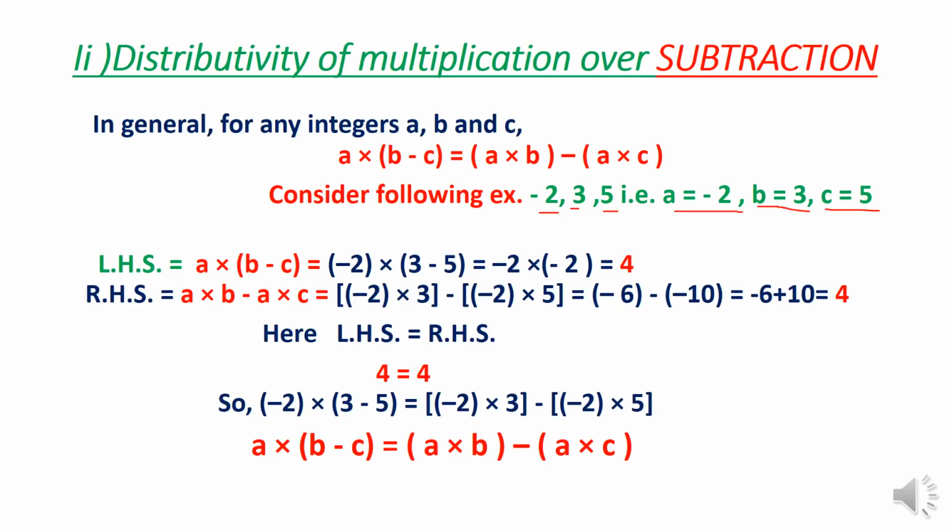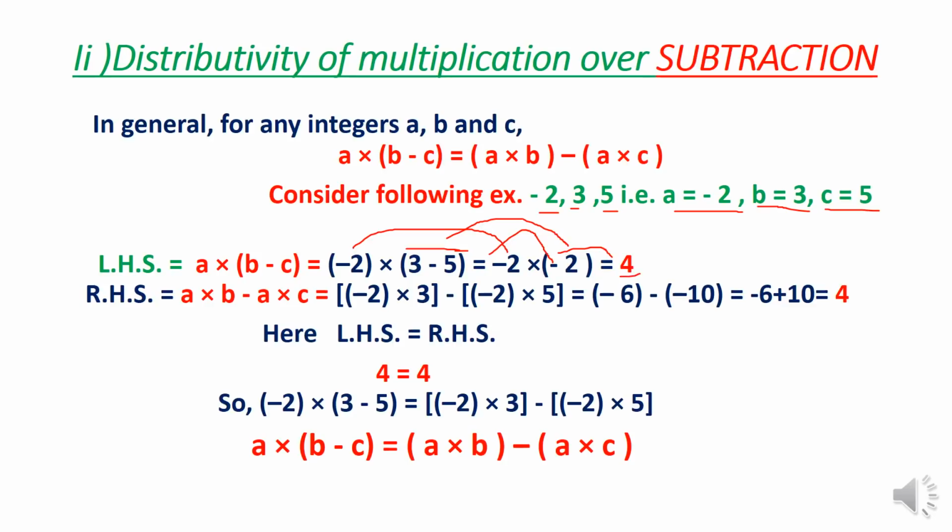So let us consider its first part, LHS, A multiplied by (B minus C). So here A is minus 2 multiplied by (3 minus 5). Here, according to the BODMAS rule, first of all you have to solve the bracket. So 3 minus 5 will become minus 2, because the greater number's sign will come and the integers will be subtracted since their signs are not the same, and this minus 2 will remain as it is. So minus multiplied by minus will become plus, so this sign will come with the 4, so 2 multiplied by 2 will be plus 4.